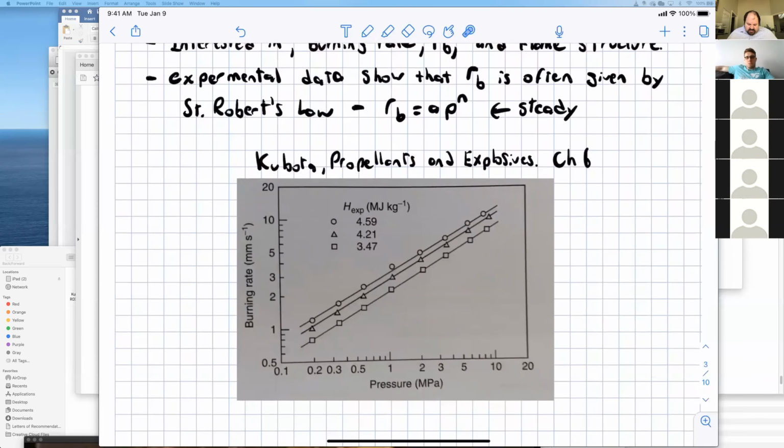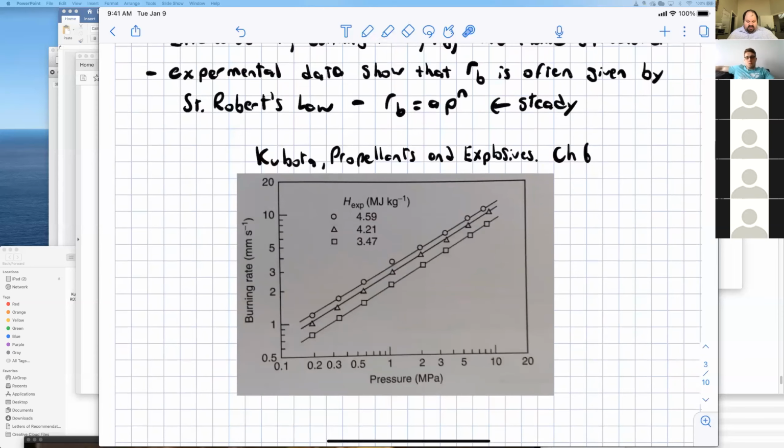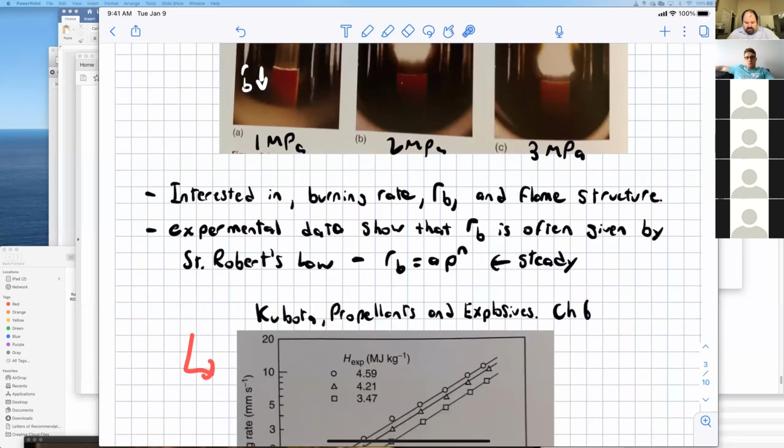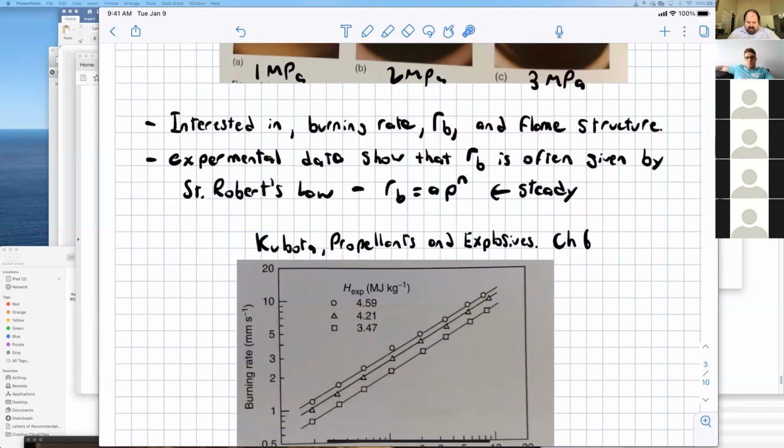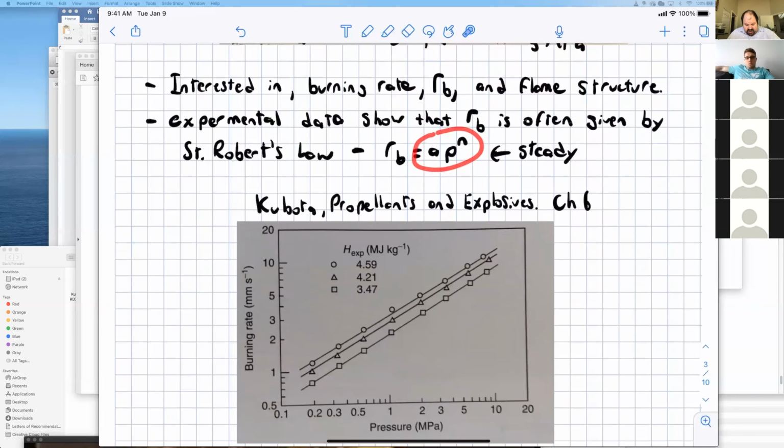So here are some. This is from Kubota, for a double base propellant. I don't know which one it is; he just called it a double base propellant. And so basically, if you expect a functional form like this, if you make a log plot